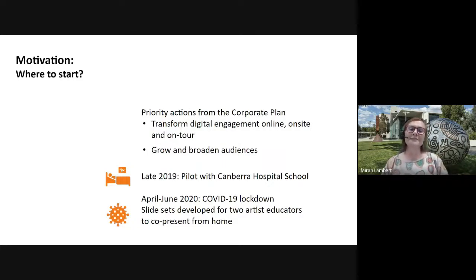But as well as doing this one, we're in the process of organising an online teacher professional learning program for an exhibition from the National Gallery and Wesfarmers collection that's opening in Perth soon, and we'll do a digital exchange with them. So there's a lot of things that we're doing, but we've been doing schools digital excursions, which we'll talk to more. And of course, we want to grow and broaden audiences.